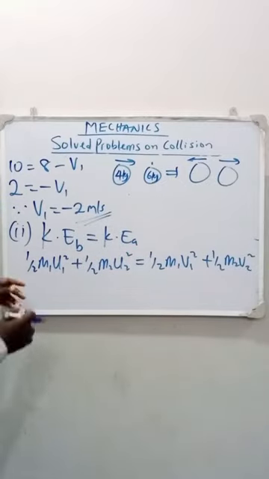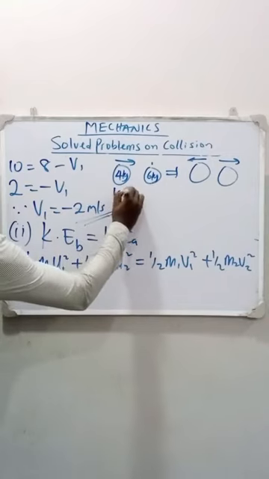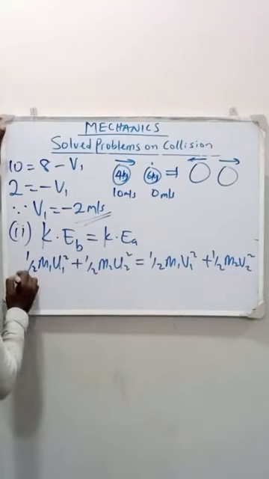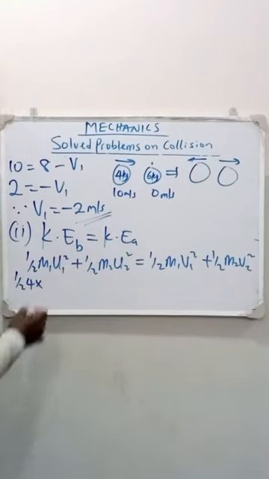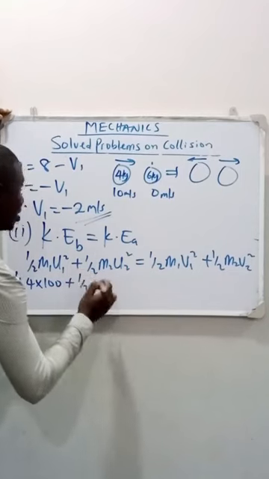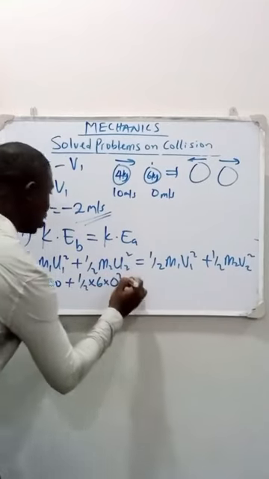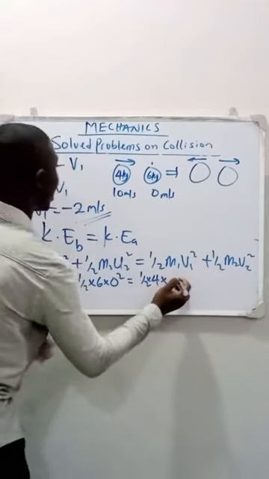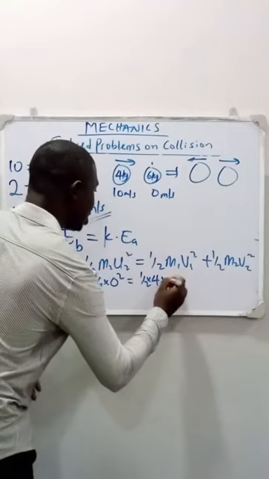So let's put in our values. Don't forget, the first mass is 4. The first velocity is 10. This is 10, while this is 0. So let's put in our values. We are going to have half the first mass, 4, times the velocity squared. That's 10 squared, which gives us 100, plus half the second mass, 6, times its own velocity, 0, squared, should be equal to half the first mass, 4, times v1 squared. The value of v1 we've gotten is 2. So 2 squared, that's 4,